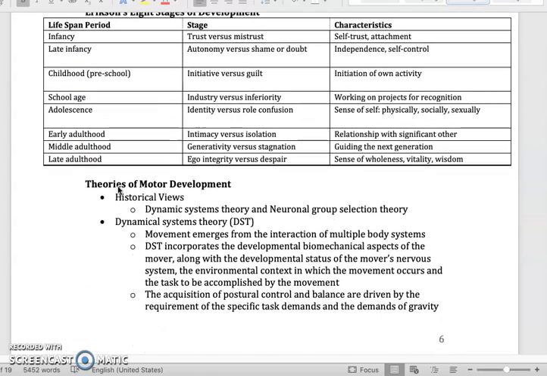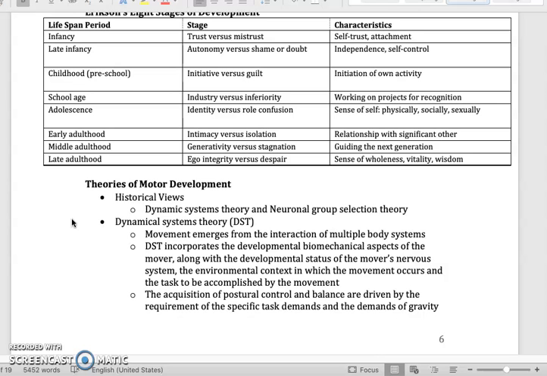So let's move on down here. Let's stop here and talk a little bit about theories of motor development. In years past, we really had this thought that the hierarchical model of motor development was the way that we learned. We mentioned a little bit in class about how our reflexes are brainstem movements, and then as we voluntarily learn how to move, some of the higher brain centers take over, and so these movements don't necessarily go away, they integrate. And so that has been the premise of how we thought we learned how to move.